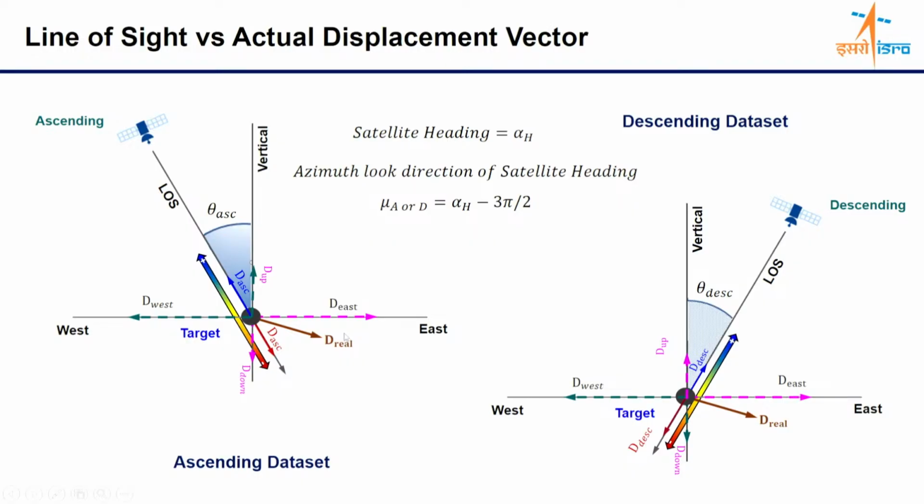Don't be confused, somewhere I have mentioned the land surface motion, or you can just assume the land surface motion vector. Motion vector means displacement vector. Because displacement is a vector quantity, if you have the time series displacement, you can calculate the velocity time series. And if you have the velocity time series, then you can calculate the acceleration time series. So the displacement, velocity and acceleration are the kinematic variables, which means you can understand the entire kinematics